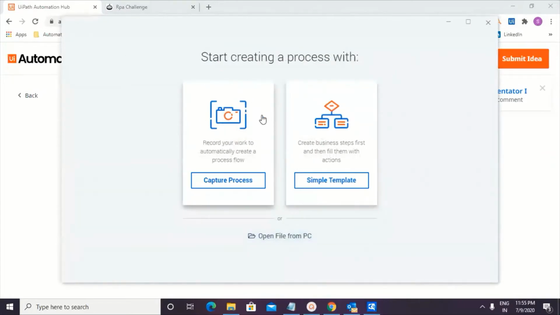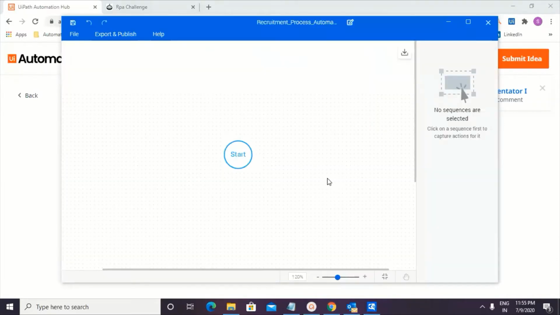Now I do want to record it. I want to record it as part of a simple template. So I'm clicking on simple template. That's the start button. This is when you're adding rows. This is when you're adding a sequence. This is when it's a decision box. You want to end it, and this is when you need to capture the sequence. So these are a couple of shapes. If you have done Visio, then you would know these are the couple of shapes that you could use to go ahead and create a process.